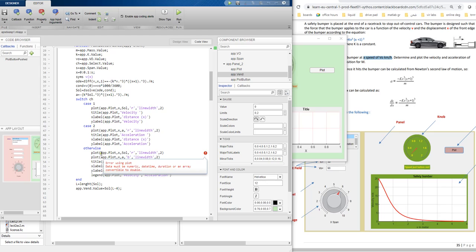Okay, data must be numeric. What is meant by that? Okay, SOL. I know why, because SOL here, guys, is the solution, and the solution will be in the form of a symbolic equation. My advice in this case, before solving using the ODE in the application, is to do the following